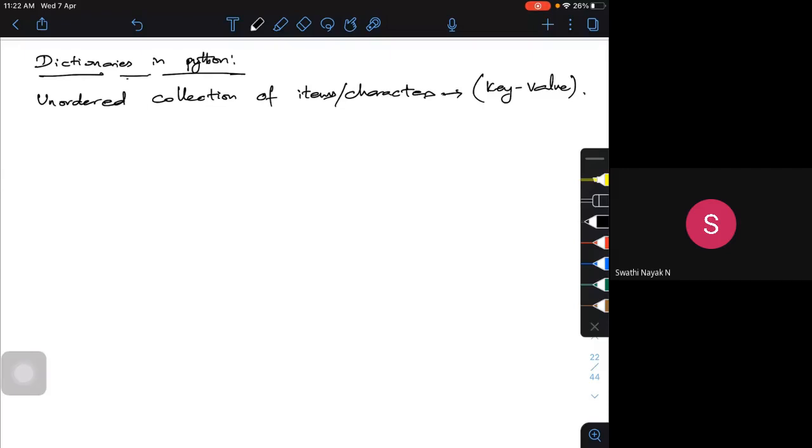I can create a dictionary using simple curly brackets. Create a dictionary by placing the items in the curly brackets, as we used to do in sets.